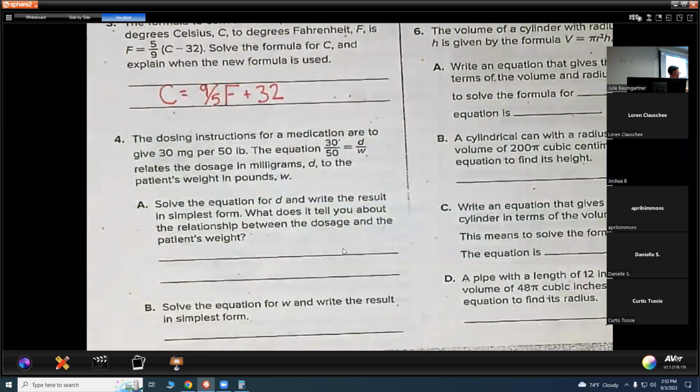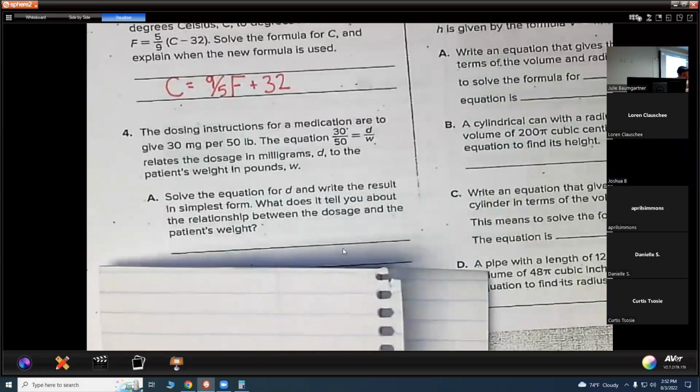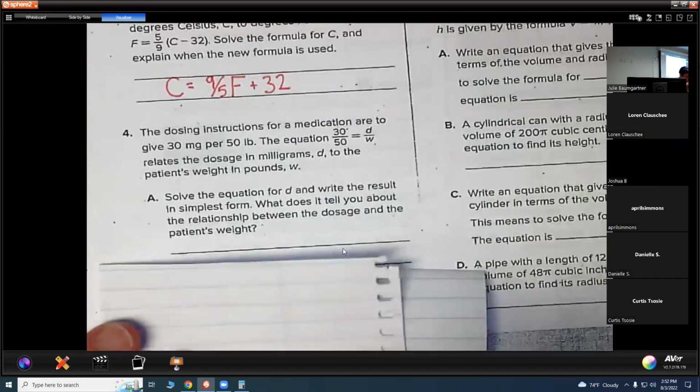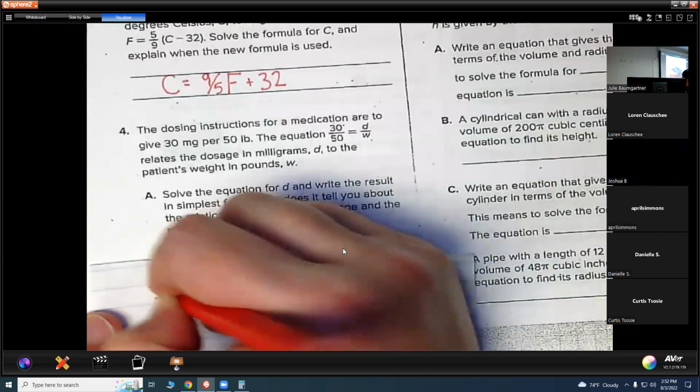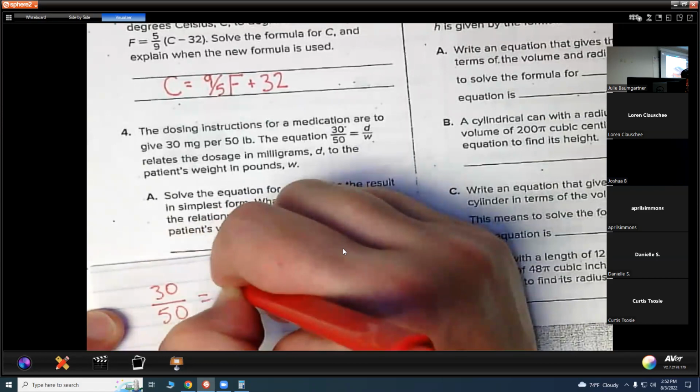So that's our first step. All right, so we have 30 over 50